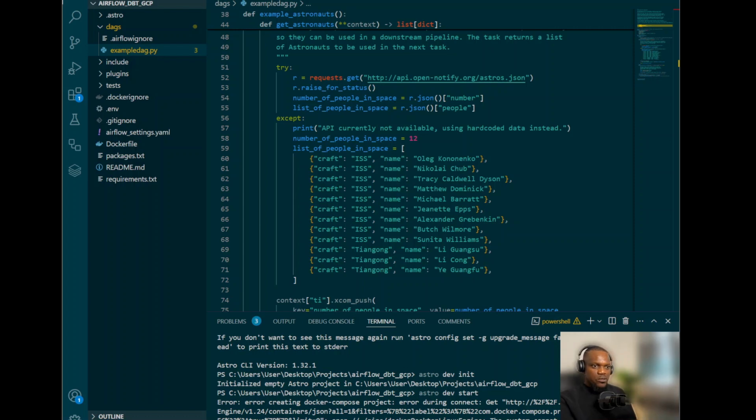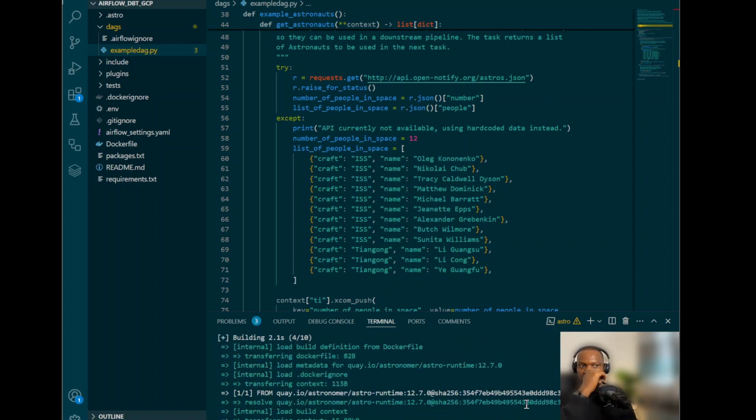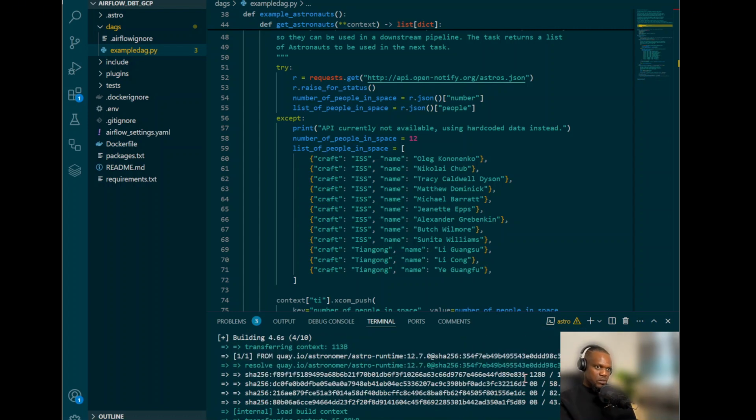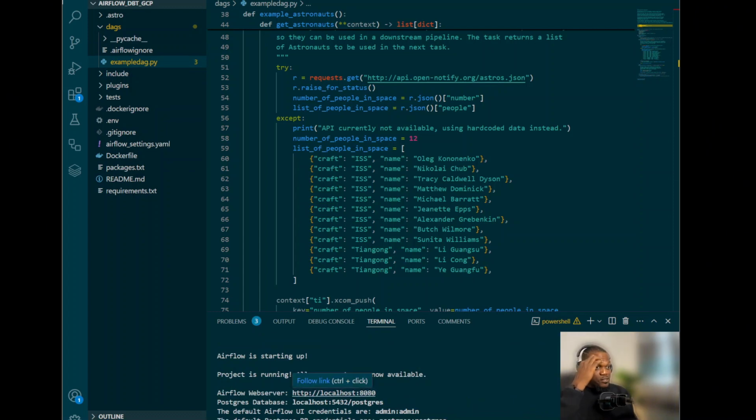Now I got this error because I didn't open Docker Desktop initially, and that I have done now. So let's run it again. Astro dev start. So it's building now. As you can see, it has finished building and the project is now running, and we can view